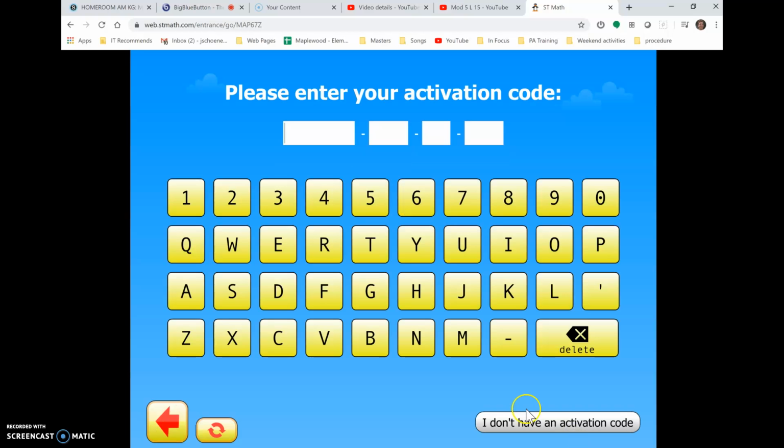And this is where you're going to type in MAP 6 7 Z L F G N J 9